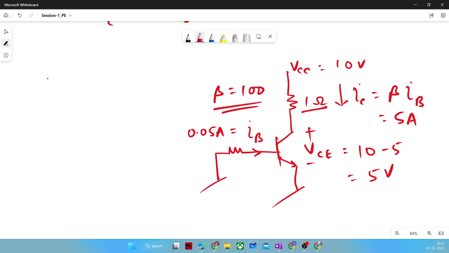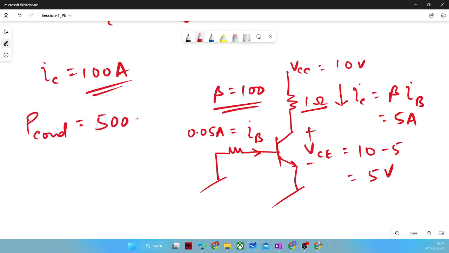Let's say even if the IC is 100 ampere, or the device is rated for 100 ampere, your conduction losses will be 500 watt. So conduction losses will be very high if you operate in this manner. That's why, during the conduction period, we operate it in saturation mode, and in saturation mode, IC will not be equal to beta